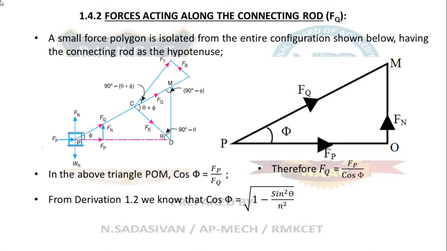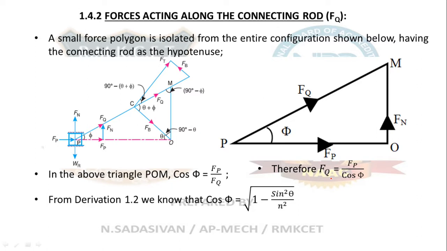Okay, so I am going to do some mathematics. This is the formula, that's it, right? The formula is over. Now it so happens that in all the problems you will not be in a position to find either the value of phi or the value of Fp. Something will not always be known, but still you have to find the value of Fq. So we are going to do some mathematical manipulation.